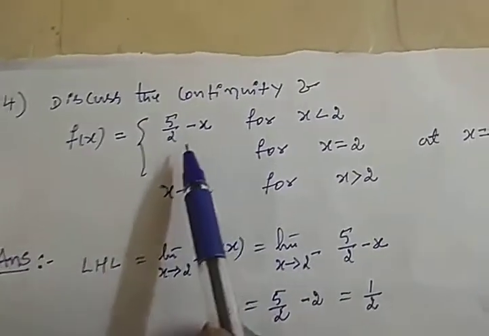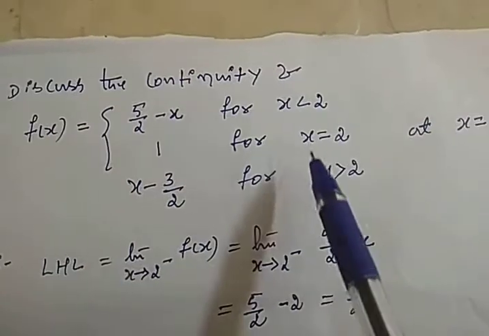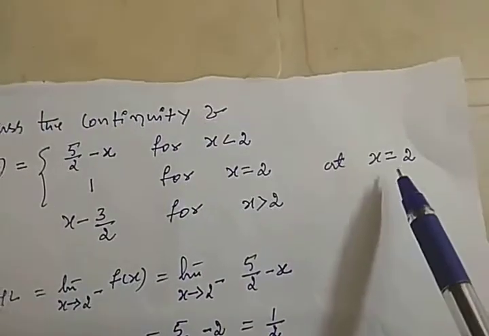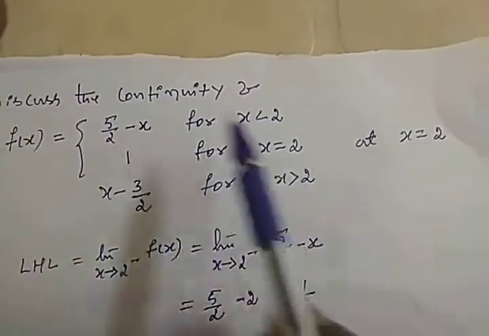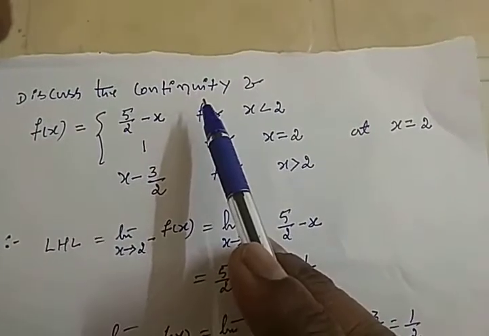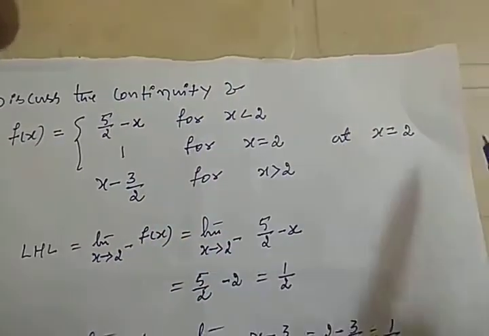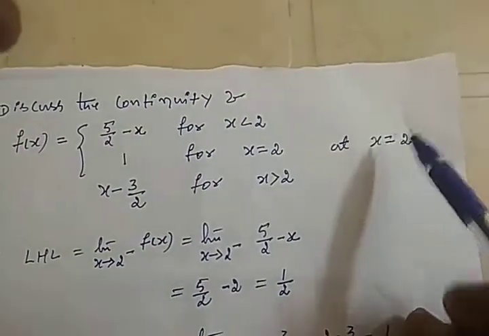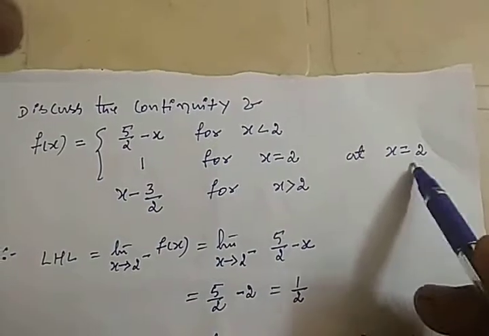f(x) is defined like this at x equals 2. To discuss the continuity in the neighborhood of 2, we have to find out the limit of the function. Now